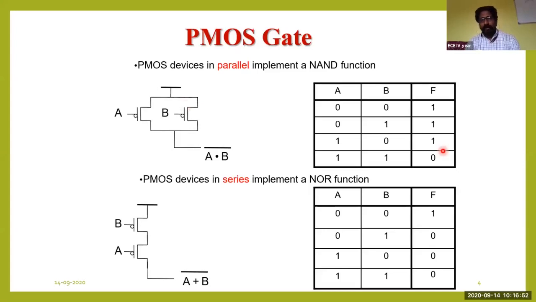And now whenever both the inputs are 1 and 1, both the transistors are going to be turned off. We know that whenever we supply logic 1 to the PMOS transistor, the PMOS is going to be turned off. If it is turned off, there is no channel between this VDD and output, so the output is going to be 0. So this is how you are supposed to analyze. The same thing is applicable for the NOR gate also. If you connect both the PMOS in series, we call it a NOR gate. If you connect both the PMOS in parallel, we call it a NAND gate.